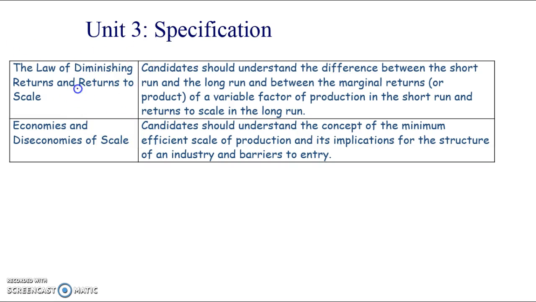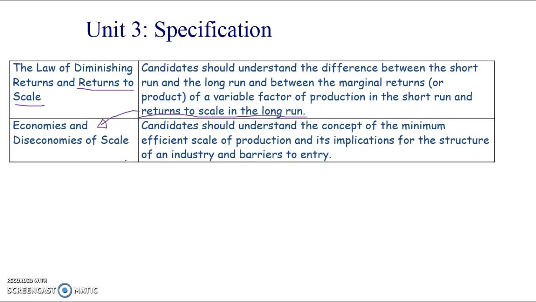specification objectives, and if you look at it, it actually says the law of diminishing returns and returns to scale, so returns to scale in the long run. I think a lot of students don't notice that it's actually in the specification. They ask what returns to scale are, and they're not exactly the same as economies of scale, because economies and diseconomies of scale look at the cost advantages that you gain from increasing your output, and after a certain point, when diseconomies of scale set in, you get